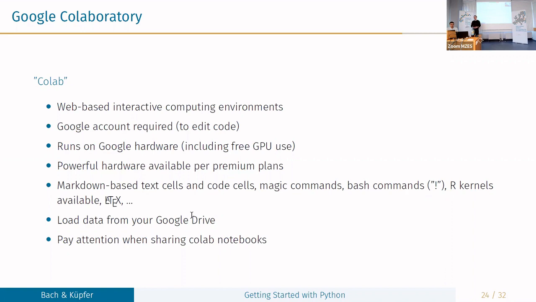So on your graphics unit rather than on your standard computing unit. And Google includes GPUs for free that you can use. So when you have some deep learning neural network stuff, then using Colab is a nice way to get around this limitation of maybe not having a powerful GPU on your own personal computer. You can even pay some money and have more powerful hardware available.